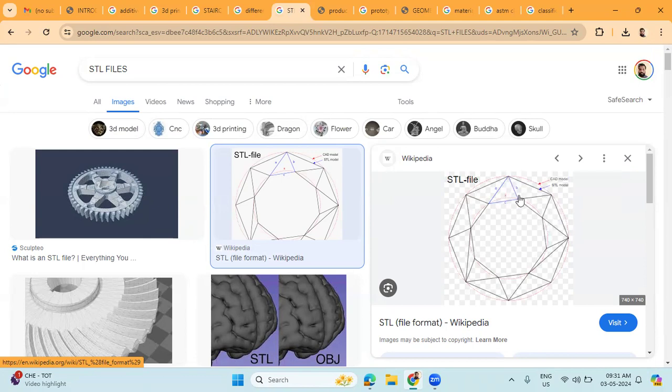This is the STL model. You can see a series of small interconnected triangles, and these triangles are called facets. The facets are arranged in a way that makes it possible to recreate the surface geometry of the 3D model. The resolution of,